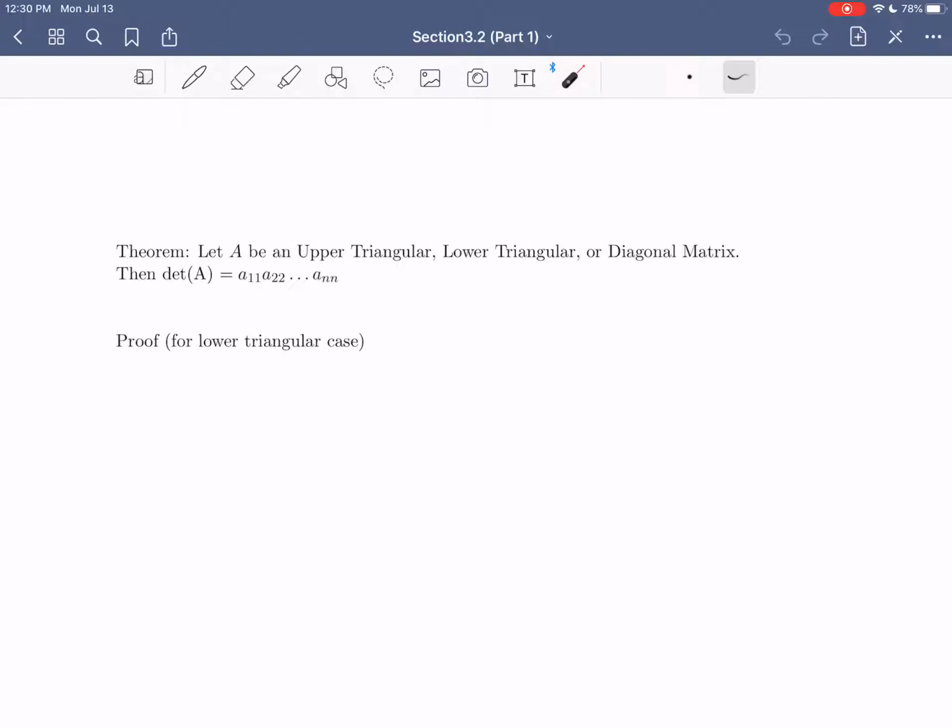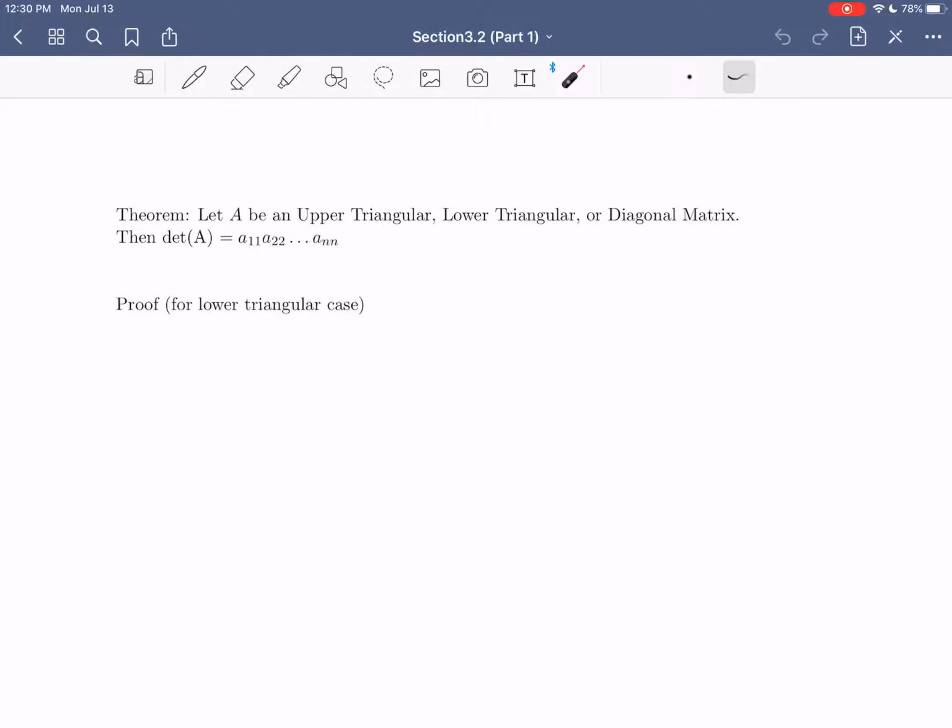In today's video, we're going to be starting into section 3.2 from your textbook, continuing our investigation of our new property of matrices, the determinant. So, to start off with this video, we're going to look at an important computational theorem that tells us that calculating the determinant of an upper triangular, lower triangular, or diagonal matrix is actually quite easy. We actually saw this in the very last horrendous example that we